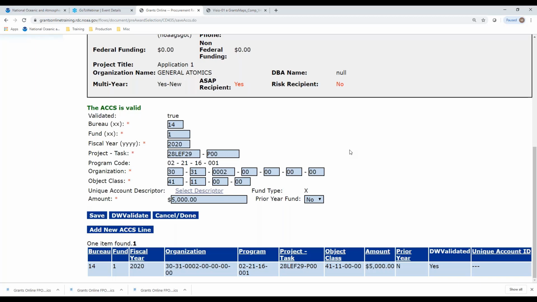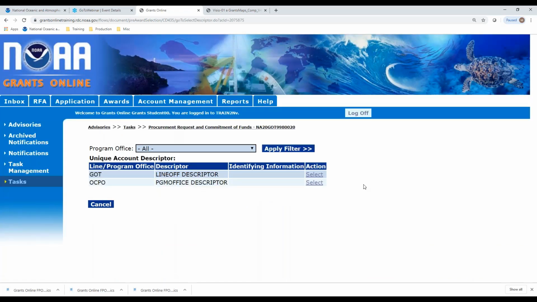Also, within NOAA, there is a program called the Cooperative Institute Program. The Cooperative Institute Program is the only program in NOAA that does not use this feature here. So all other programs in NOAA have to click on this link where it says Select Descriptor, and it'll bring up a page for your particular line office that has a list of descriptors. I only have a couple here for training,